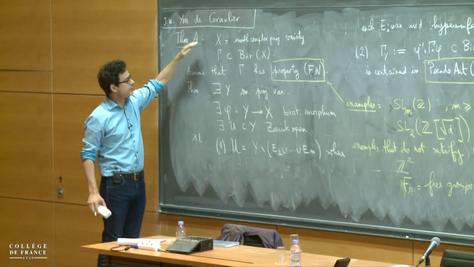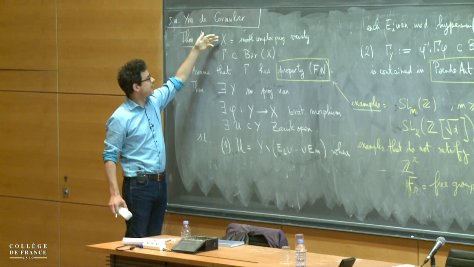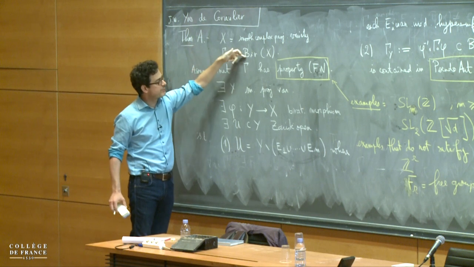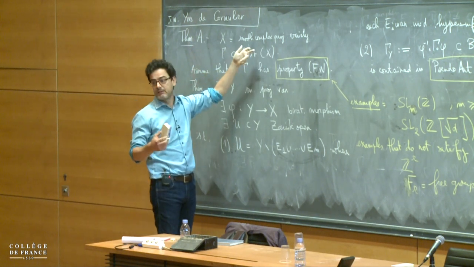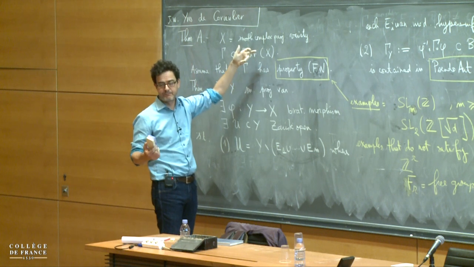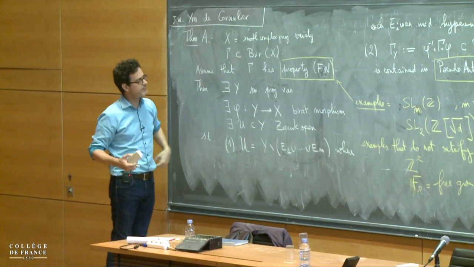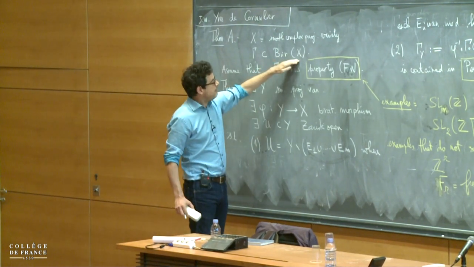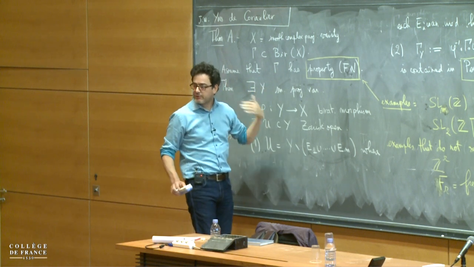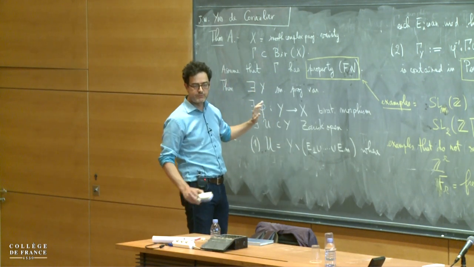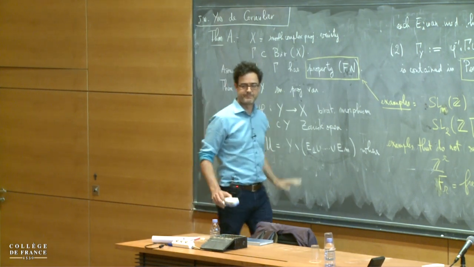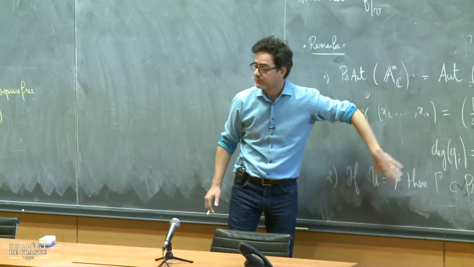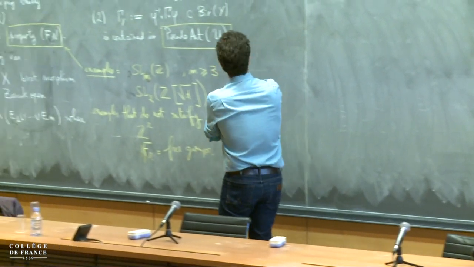For instance, start with X, which is just a Calabi-Yau variety. Then the group of birational transformations of X is equal to the group of pseudo-automorphisms of X, because the fact that the canonical bundle is trivial tells you that there is no hypersurface which is contracted. And then the statement says nothing. So for groups of pseudo-automorphisms, the statement is useless. But again, there are other tools that maybe you can use to study this kind of groups. Okay, so theorem B